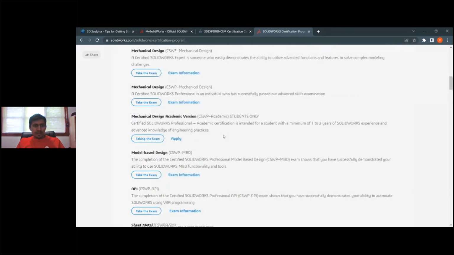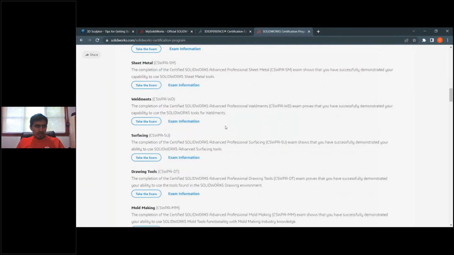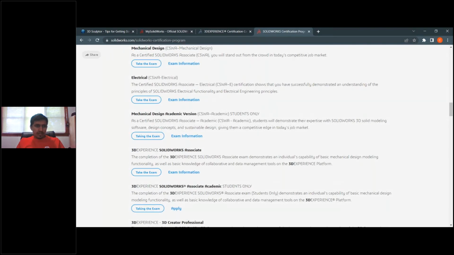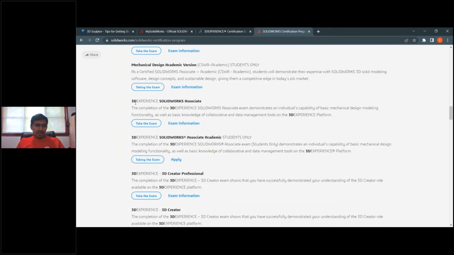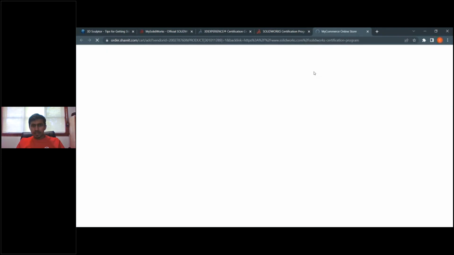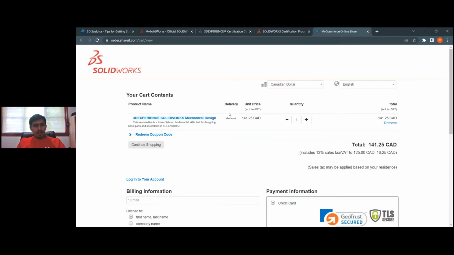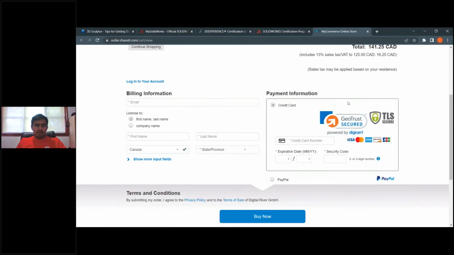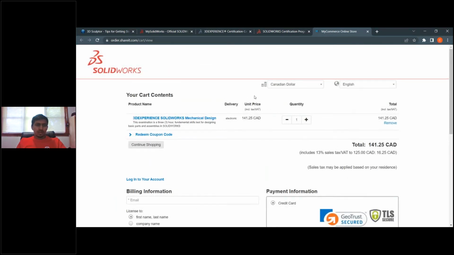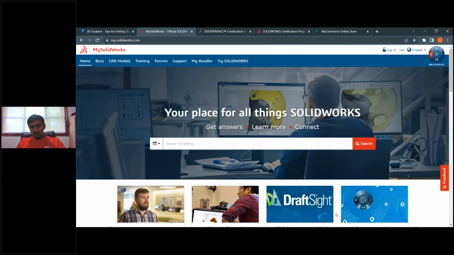So these are the various exams available for SolidWorks. If you want to take the exam for the 3D Experience SolidWorks Associate platform, you can just go with the link and buy it from the SolidWorks website directly. So this is how you can go for the SolidWorks exam and give the exam for getting the certification.